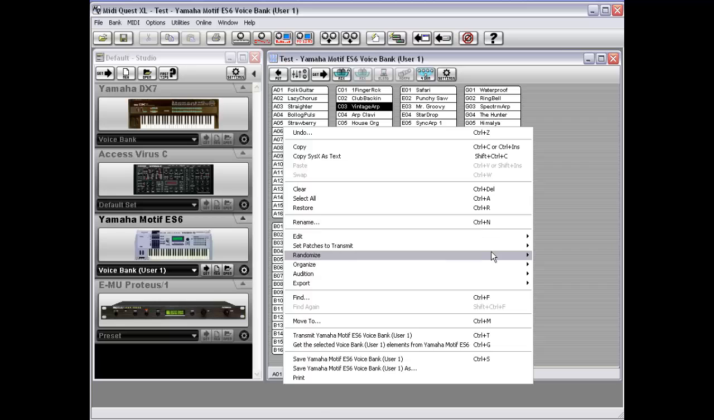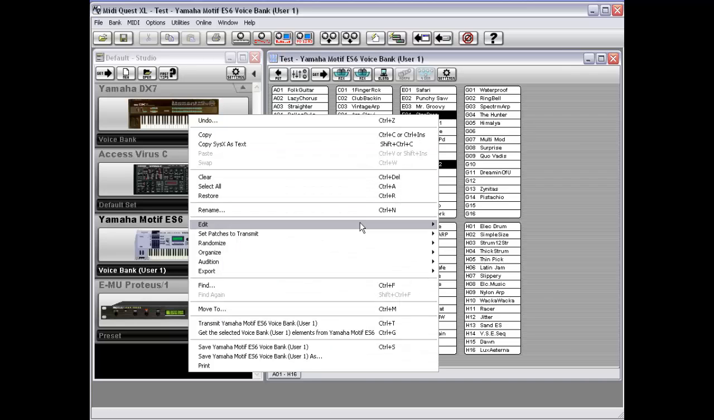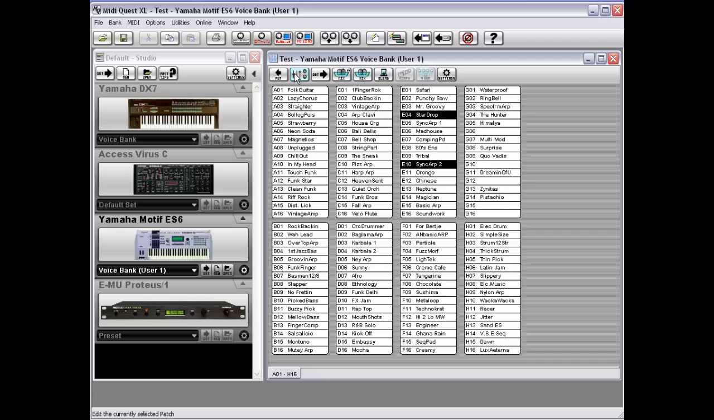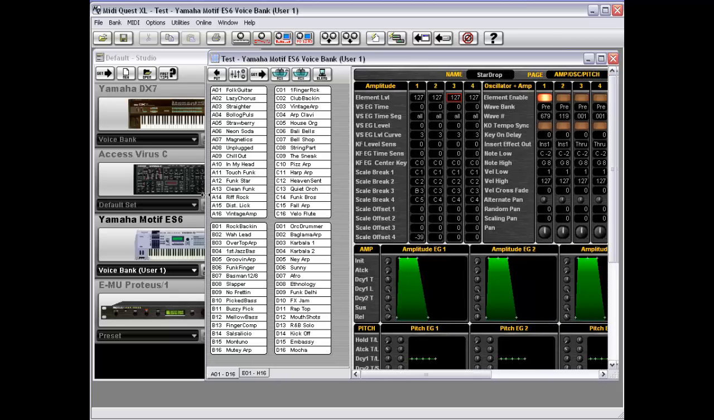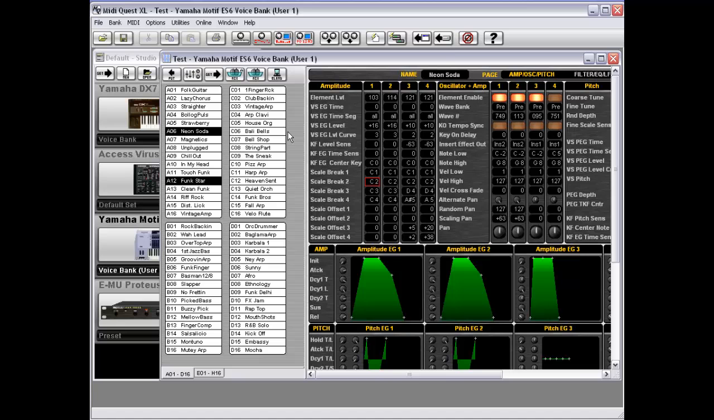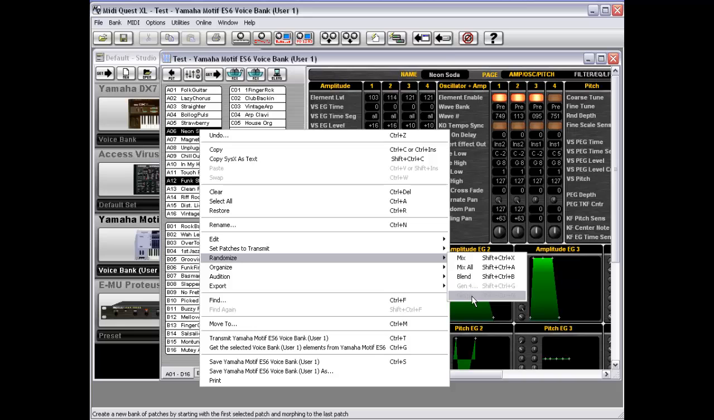The final randomization option is morph. And morph works on 2 patches, and one additional thing, you have to have the bank set up in split mode because the morphing actually requires use of the editor. So choose 2 patches, go to randomize,